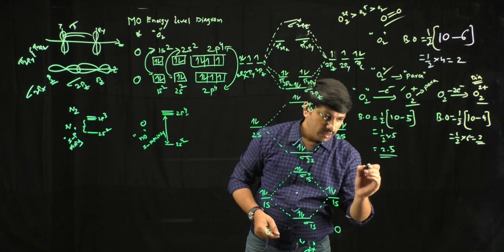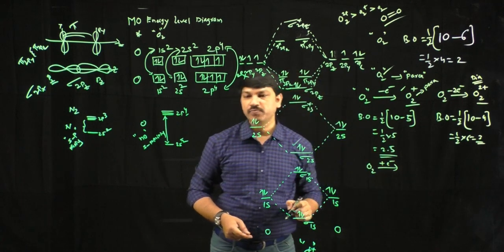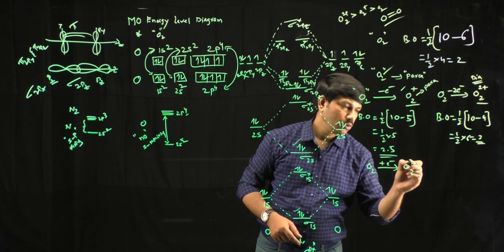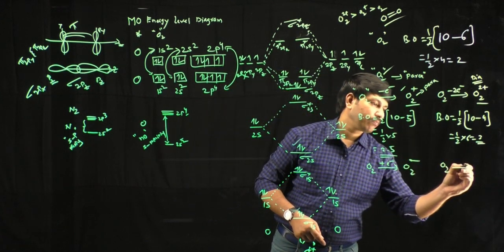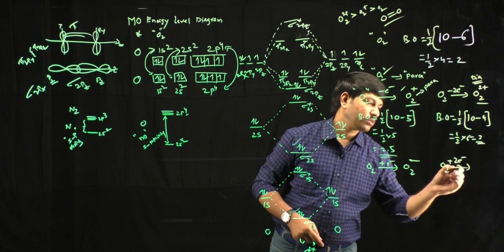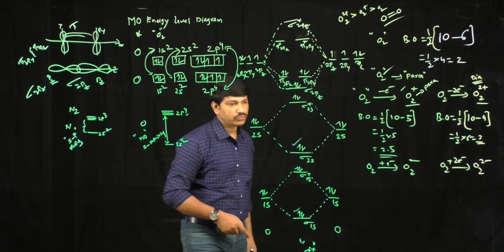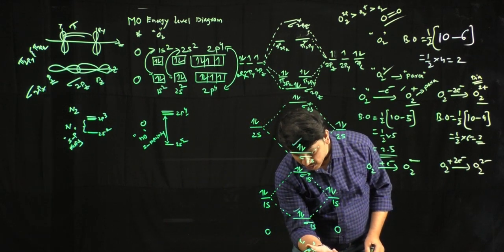On the other hand, for the O2 molecule, if you add one more electron, there is a formation of O2- species like this. Or if we add 2 electrons, then there is a formation of O2 2- species like this. So what is the O2 level diagram? The O2 level diagram means this one.